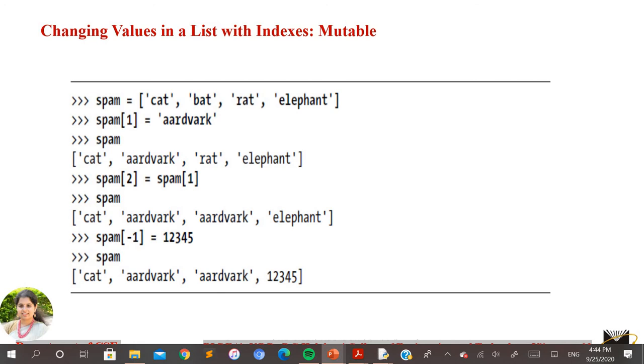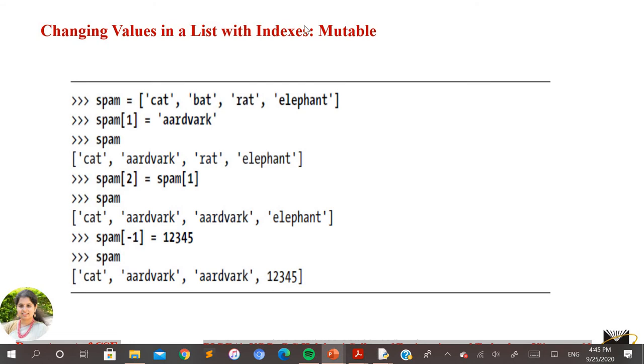So once you have already created a list, what if you want to change any value at a specific index of that list? Of course you can do it in the list, for which lists are always considered mutable. So do consider here the list data structure is mutable. Why? Because you can change the already stored value at any specific index value. So that's the reason why the list is always defined as a mutable data structure.